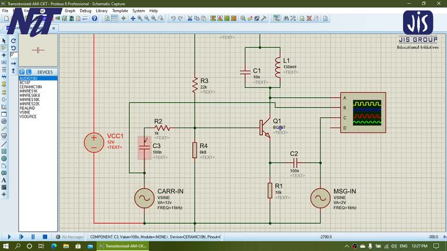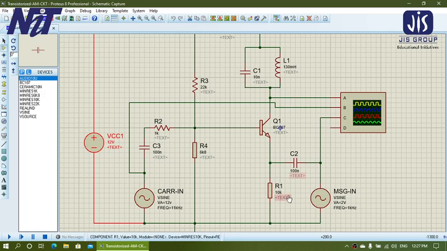So carrier is feeding to the base of the transistor, where the transistor is ideally biased at the Q point, so any input at the base will create a high current transition at the collector here.